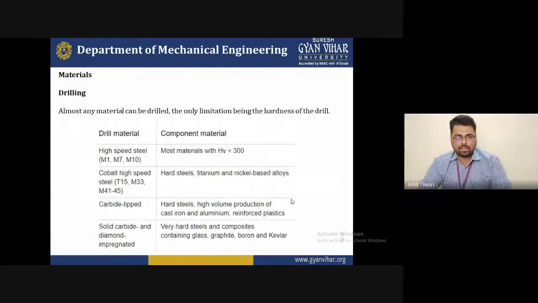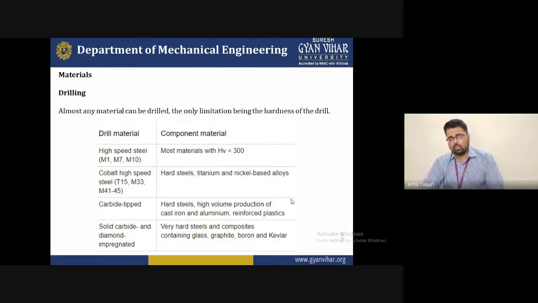Another one is the material, that is the drilling. The drilling tool and the component material are as follows. First is the high speed steel, indicated by M1, M7 and M10. There are different types of high speed steel with the specifications M1, M7 and M10. And most of the material has a hardness, HV, that is greater than 300.